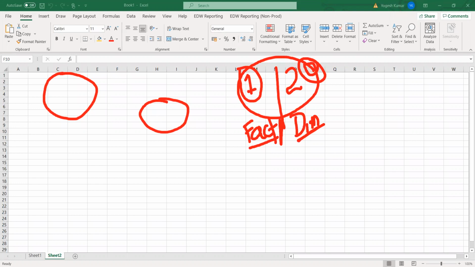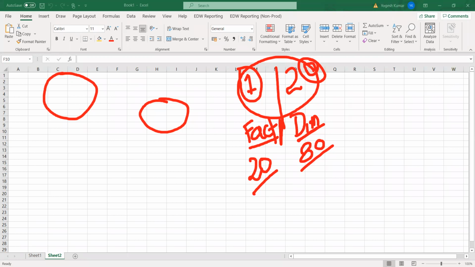If any data warehouse has 100 tables, there would be two categories among those 100 tables. Some, like 20 tables, will belong to the fact tables, and 80 tables might belong to the dimension tables. So we will learn these dimensions and facts.